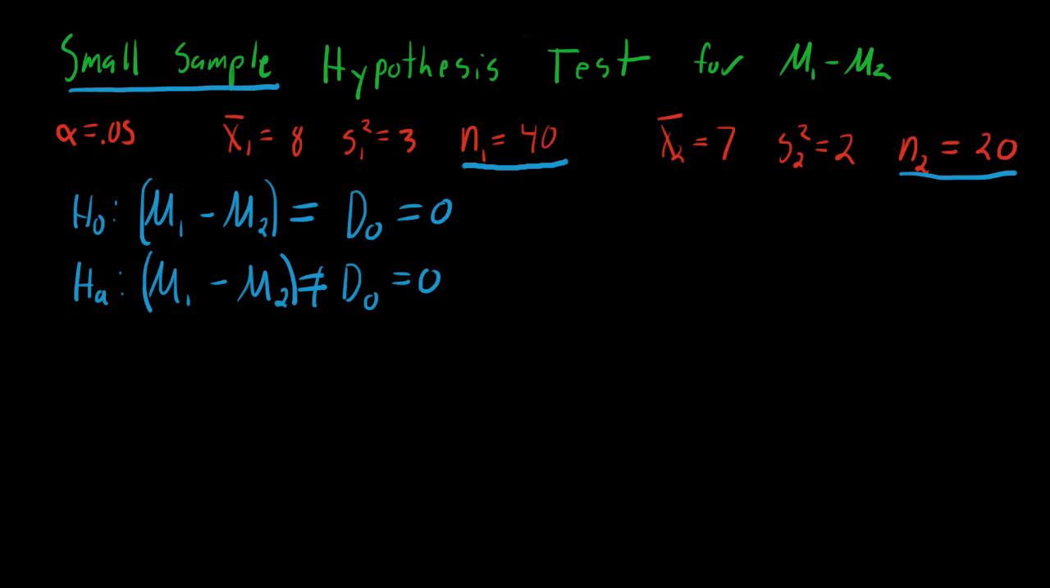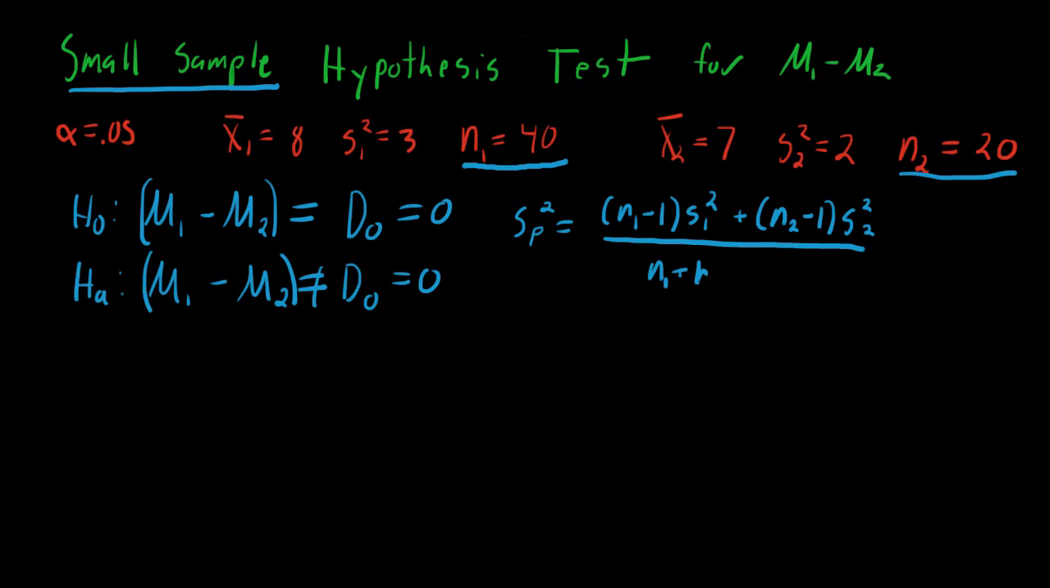And now we're just going to do some calculations up front since we know we're going to need the values. We're going to calculate our Sp squared, where the formula for that is equal to n1 minus 1 times s1 squared plus n2 minus 1 times s2 squared, and all of that is over n1 plus n2 minus 2. And in a previous video, we calculated that all out to be, after plugging in all the numbers,